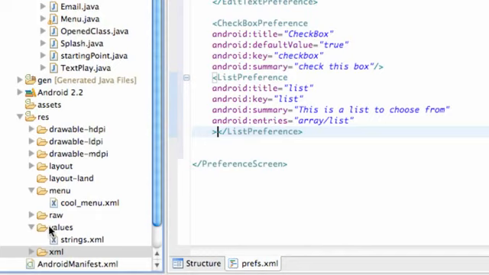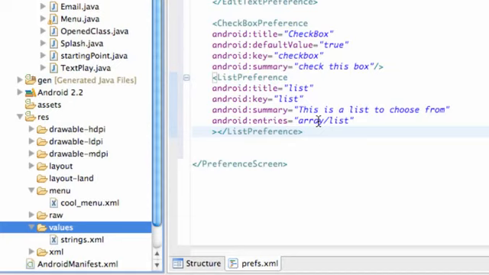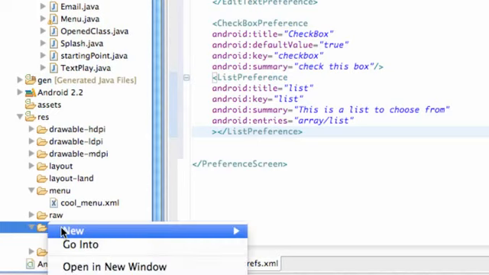So we're going to go under our values folder right here, and this is where we're going to set up that array for the most part. This is going to be pretty simple, nothing difficult. And again, we have this array called list, so keep that in mind. So what we're going to do is we're going to say new